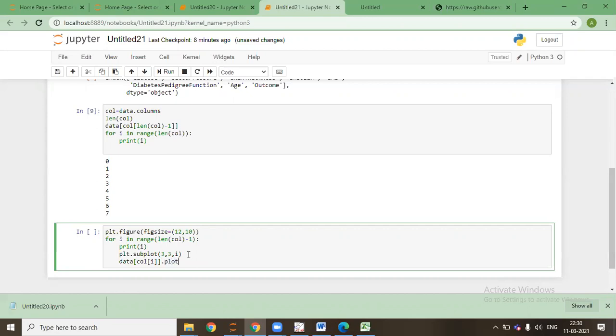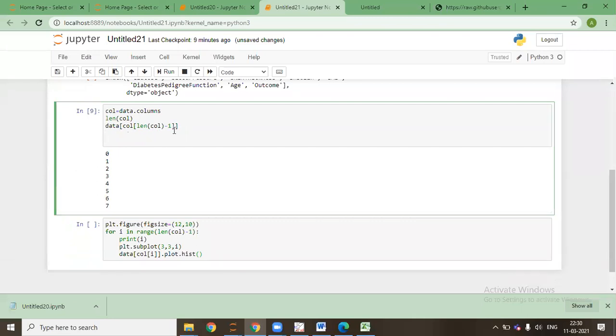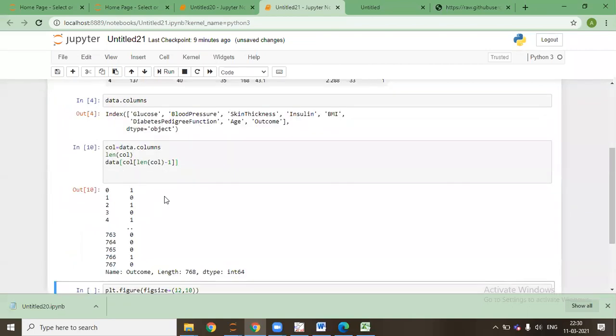plot dot histogram. This is the way to plot the histogram. If I remove this, I'll say run, show this value, column minus 1.